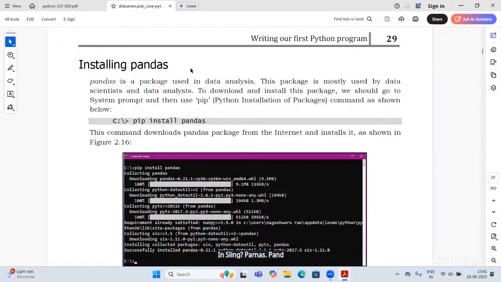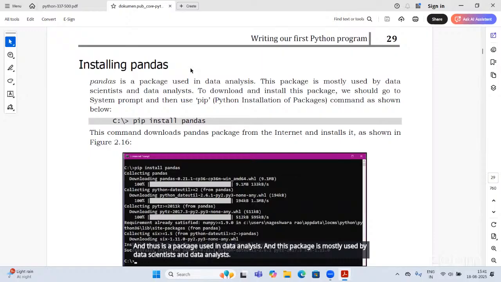Pandas is a package used in data analysis.